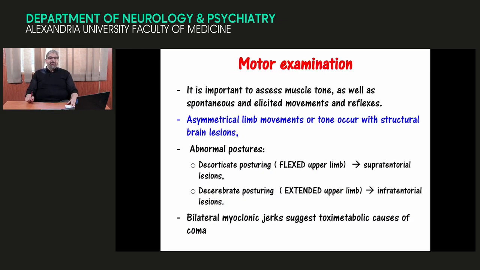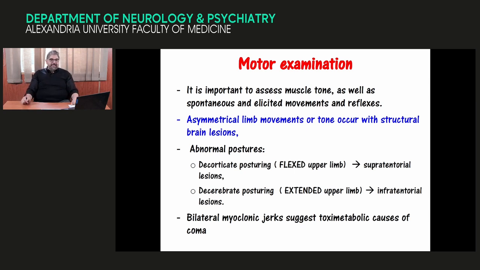We still have some parts in this lecture. This part is the motor examination of your patient. As we said, the motor part is done through the Glasgow Coma Scale assessment, but here it is also important to assess the muscle tone, as well as any abnormal involuntary movements. It may help in diagnosing the issue. The reflexes, the symmetry and asymmetry of reflexes, all these items are mentioned to differentiate again the structural from the metabolic causes of